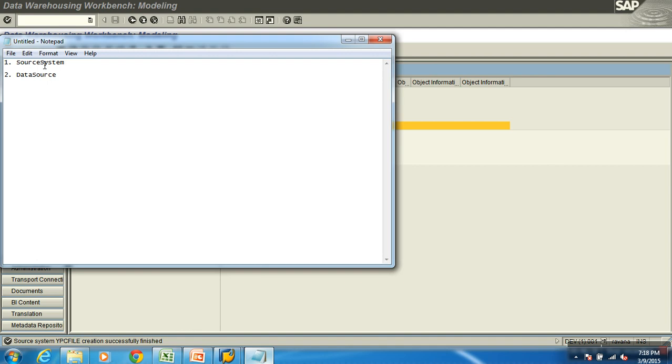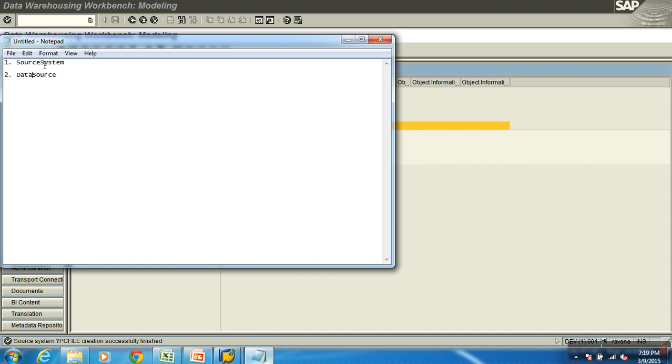You get that point clear? Now I am going to explain what a data source is. A data source is an object which defines from where I need to extract the data. Ultimately the data in the source is in some table, right? From which table should I extract, and from that table, what all columns I need to extract, is defined by the data source.